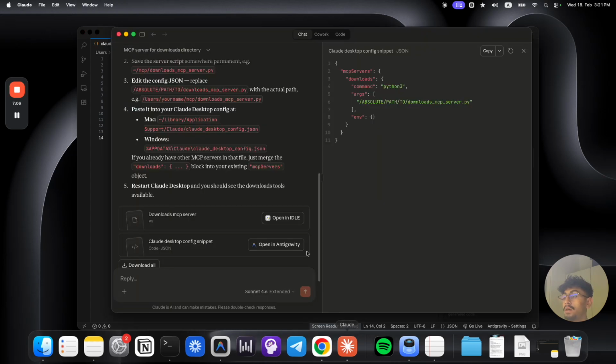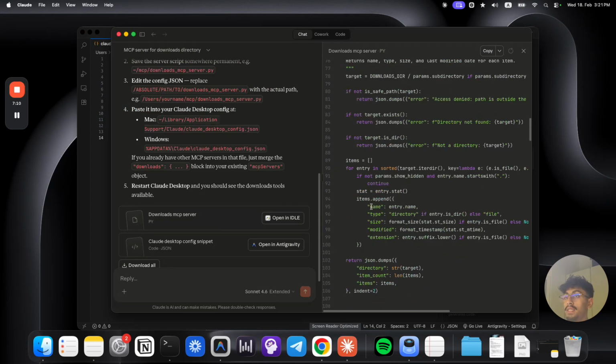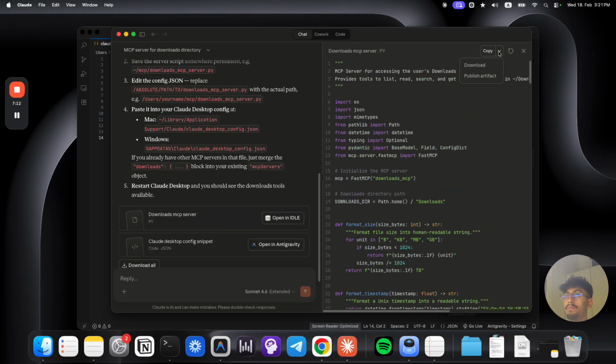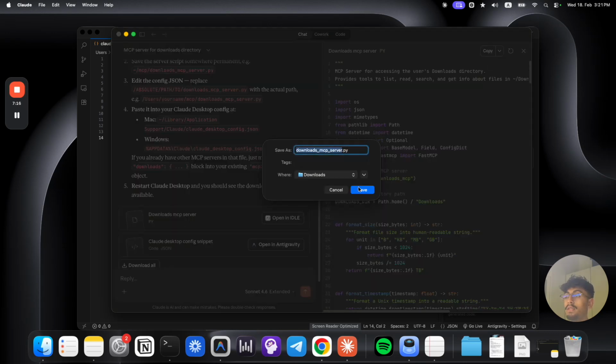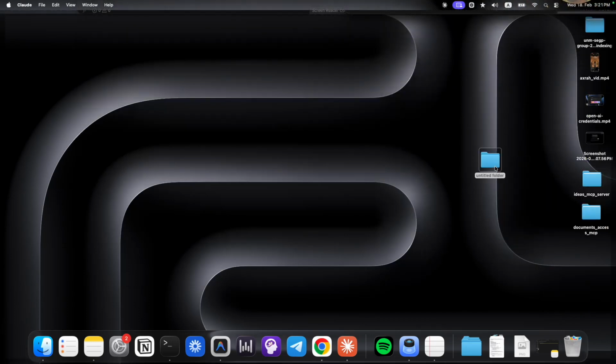So to do that, here's what you're gonna do. You're gonna go back to Claude. You're gonna find the downloads. You're gonna find the Python file that it's given you. You press this and you press download. All right, and then save. Now I'm gonna go to my desktop here. I'm gonna make a new folder,